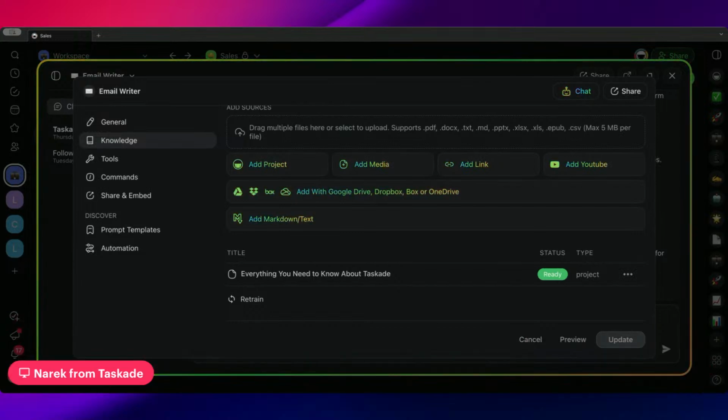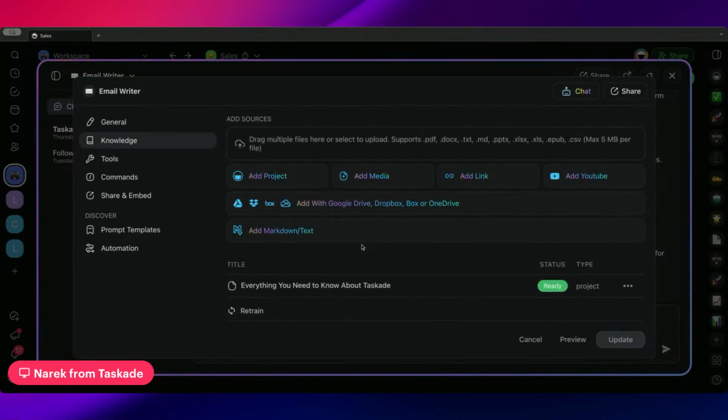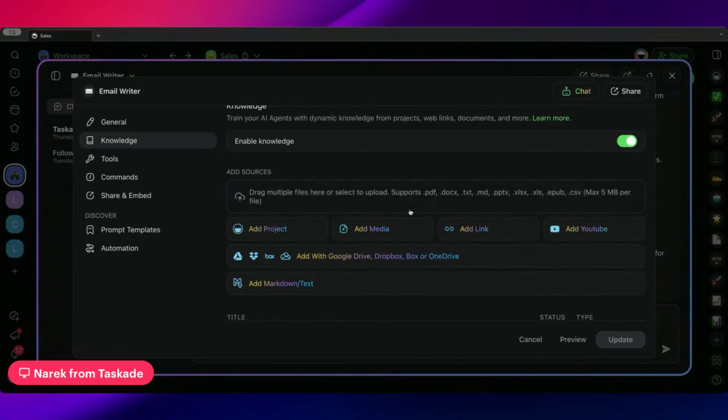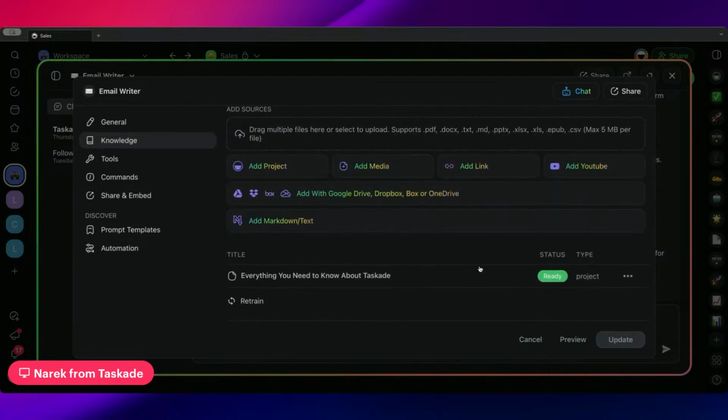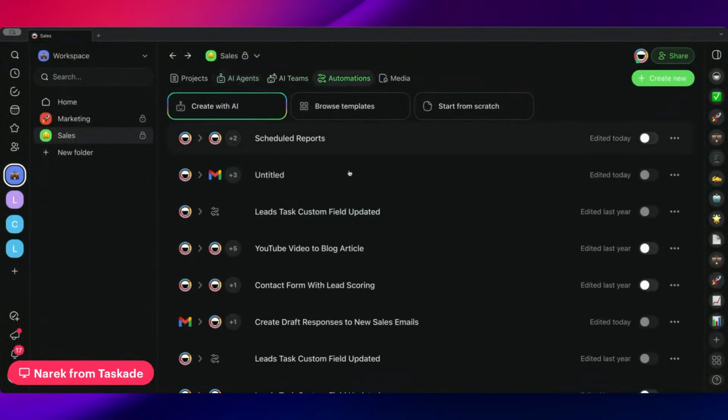Just to touch back on training your AI agents in Taskade. Just like setting up your automation, the ROI you're able to get out of it is really how you set it up initially. But you can not just train your AI agents manually by adding different links or content. You can also set up automations to automatically scrape a web page once a day or automatically